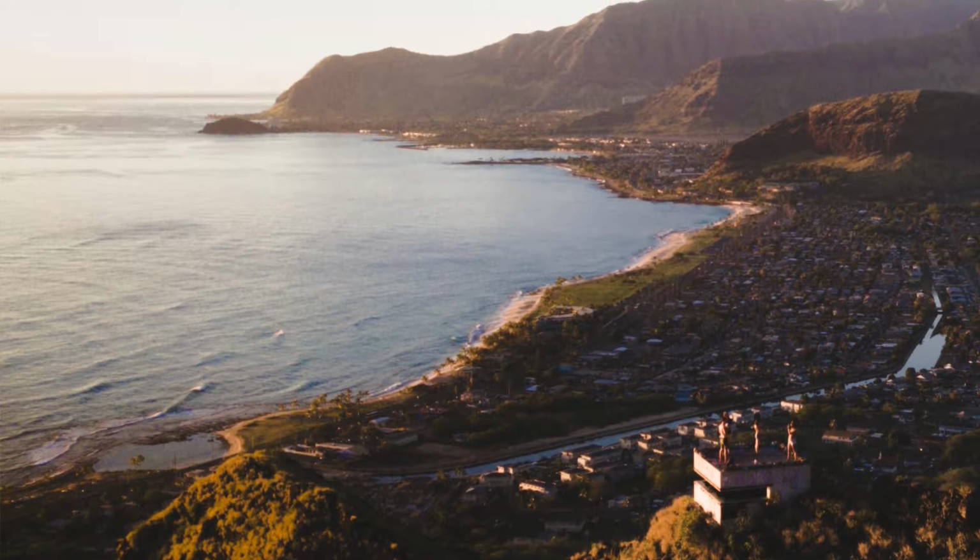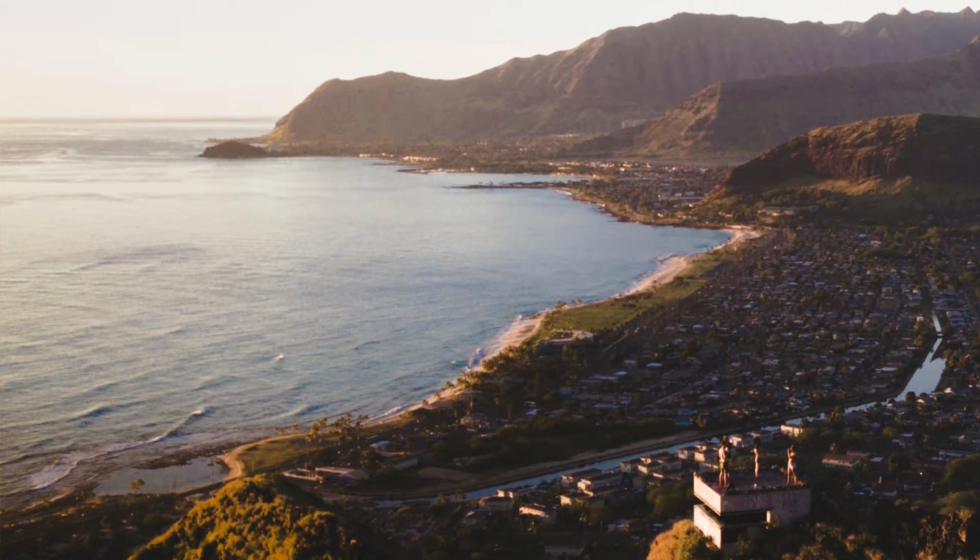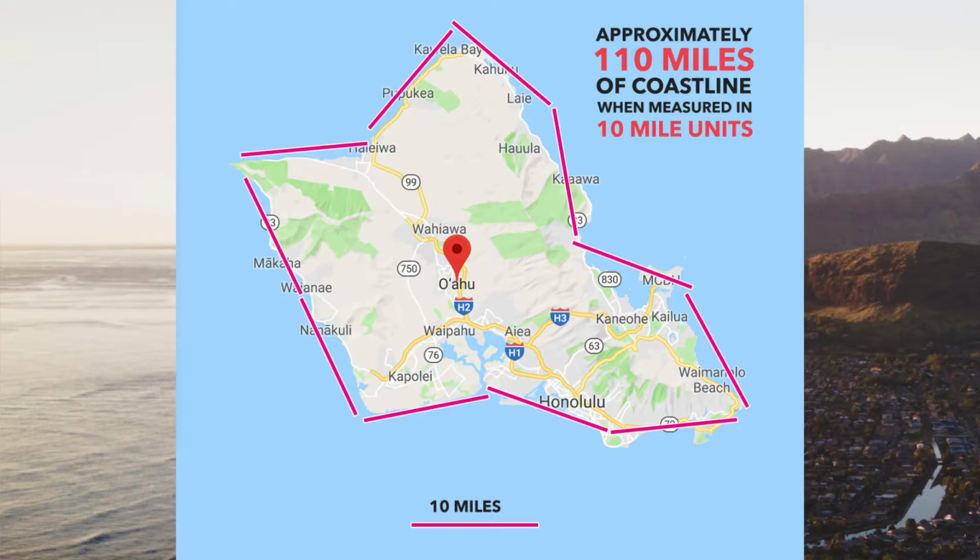I love a good paradox. There's nothing quite like having your brain dance with the wonder of the world. Here's one I've been thinking about lately. The coastline paradox. So how does one determine the length of the coastline, say, on the Hawaiian island of Oahu? Simple. Look at a map, measure the distance, adjust the measurements to scale, perform a simple calculation, and voila, you have your approximate coastline length. A rough estimation in 10-mile units on a map gives me approximately 110 miles of beautiful Hawaiian coastline.